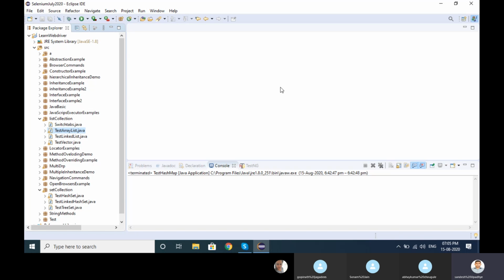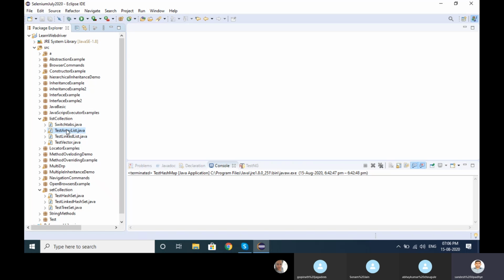While creating the framework, I will explain it in detail, but right now try to understand the collection with map itself. Map has a key plus value pair, okay, and list has only a key, set collection has only a key. When we want to take duplicate values, we go with the list, and when we want to take unique values, then we can go with the set.